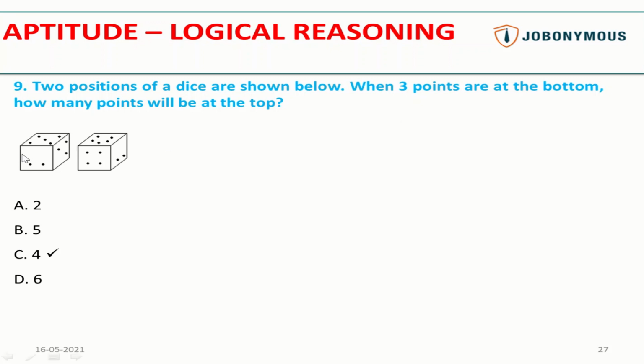So now you can clearly see that in this, the figure is rotated by 90 degrees. That is why 2 which is here comes here. So 4 is here. So when 3 is at the bottom, this face comes up. So this is adjacent to 2 only. 2, 4. So this is 2. So that is 4. So when 3 comes down, this face 4 comes up. So that is how you can find this.